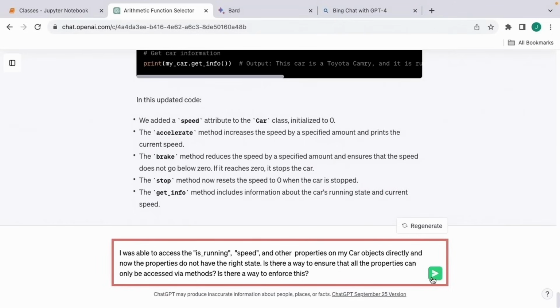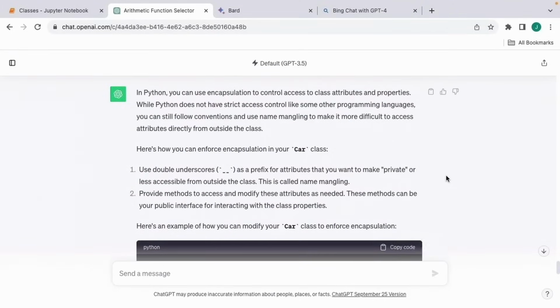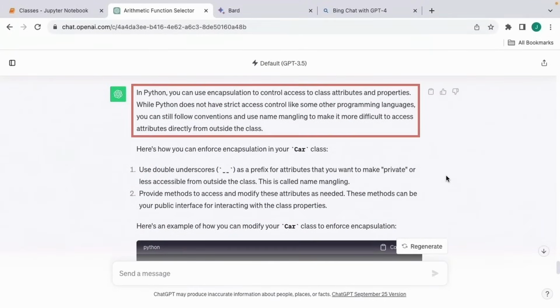Now, for those of you who've programmed in Java or C Sharp, the answer might be obvious: make the properties private. I'm curious as to whether Python has some such thing. And actually, this explanation from ChatGPT makes it clear that Python does not. Python does not have strict access control like some other programming languages. However, you can follow conventions and use something called name mangling to make it more difficult to access attributes directly